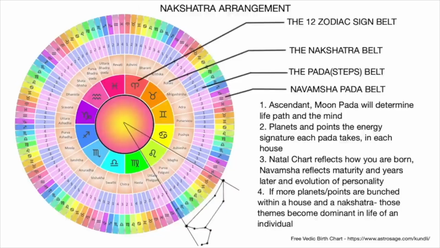So there is the 12 zodiac sign belt, right from Aries to Pisces, in the innermost one indicated there. Next to that is the nakshatra belt, the one above it. After that, the numbering that you see, that belt is the pada, or the steps. Pada is also called the feet. Vishnu is said to be embodied in the feet. Padayor Vishnu Stishtatu, like it says in the Rudra Laghunyasa, Vishnu resides in the feet.